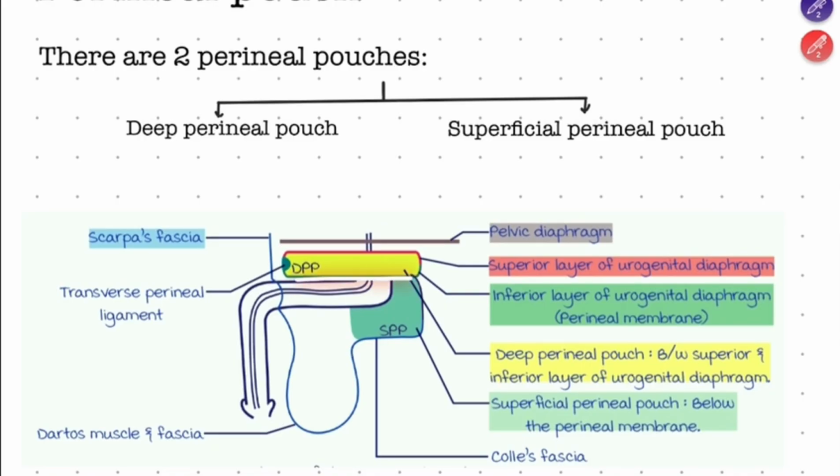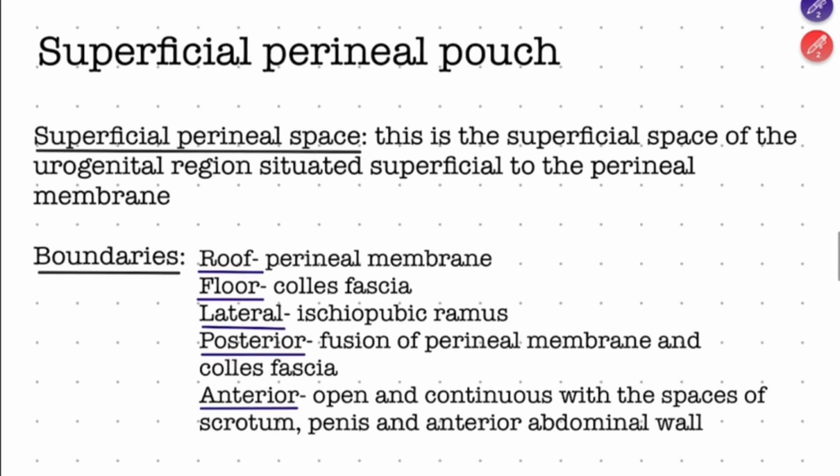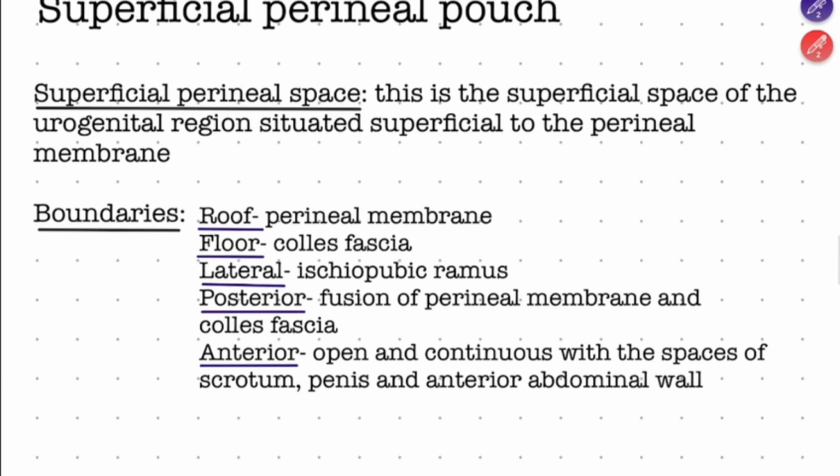Here we can see the perineal membrane, which is also known as the inferior layer of the urogenital diaphragm, and above we have the deep perineal pouch, and below we have the superficial perineal pouch. Among these, the superficial perineal pouch is very important, so let's discuss it in detail. As we learned,